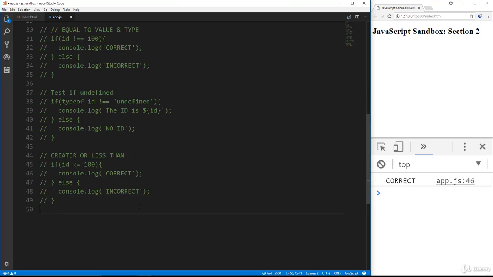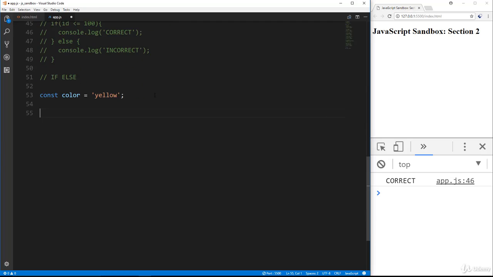Now we're going to take a look at if else. So basically what I'm going to do here is set a variable, let's call it color, and we'll set it to a string of yellow. All right, and then what I'm going to do is put an if here, and I'm going to say if color is equal to red. Actually, let's set it to red first. So we'll say if it's equal to red, then let's console.log